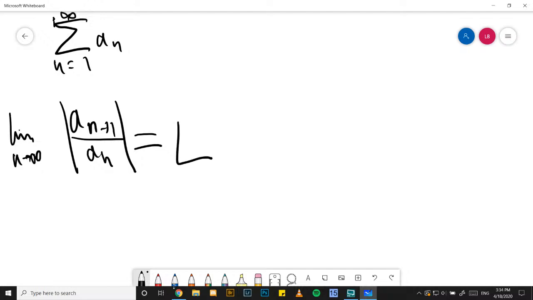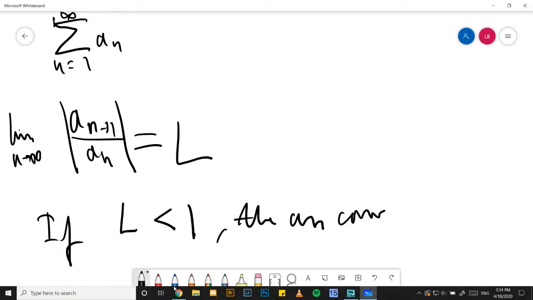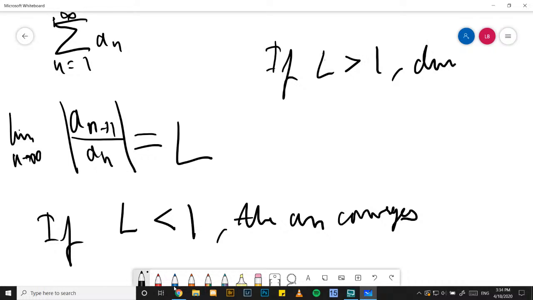And this will give you some limit. And if this limit is less than 1, then you're going to end up with a convergent series. So this is going to give you some limit L, and if L is less than 1, then a_n converges, and if L is greater than 1, it diverges, and if L is equal to 1, it was inconclusive, which means